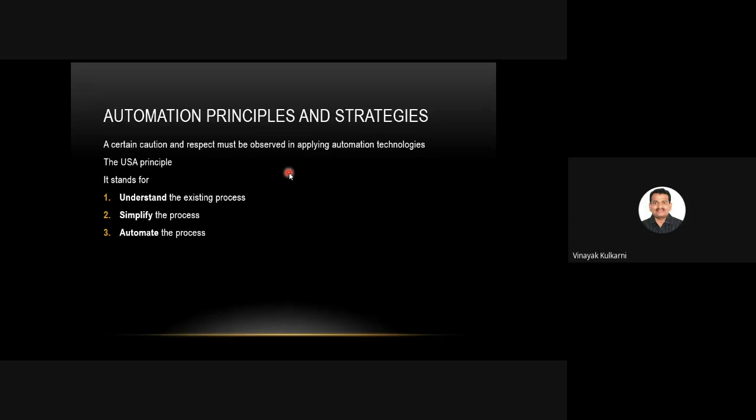Then you have to simplify the process. That is the second step. Once the existing process is understood, then search for the way to simplify it. This often involves a checklist of questions about the existing process. What is the purpose of this step or the transport? Is it necessary? Can it be eliminated? Does it use the most appropriate technology? How can it be simplified? Are there unnecessary steps in the process that might be eliminated without detracting from the function?